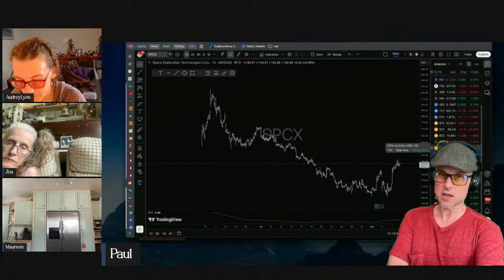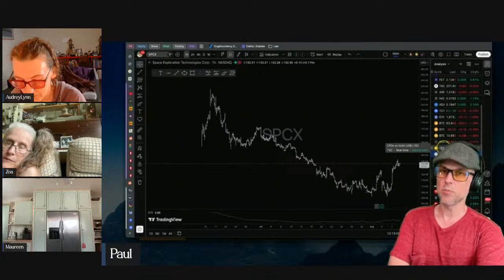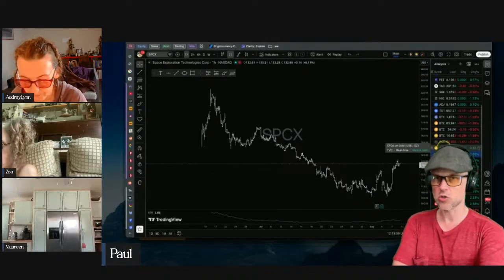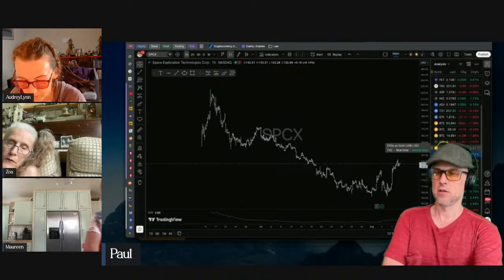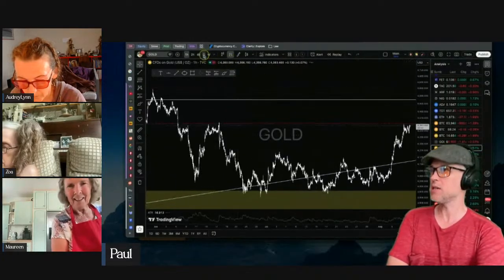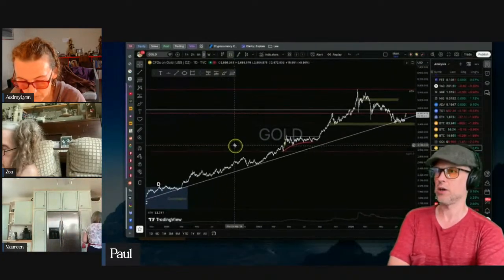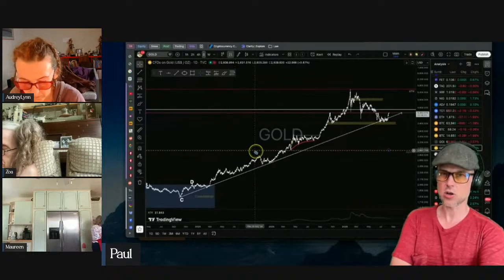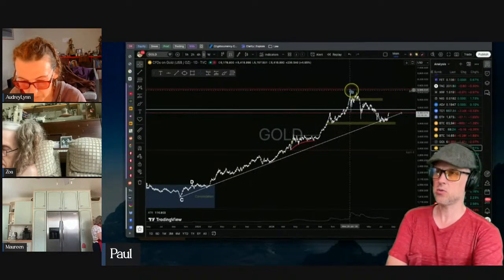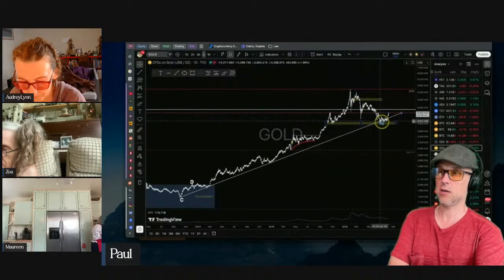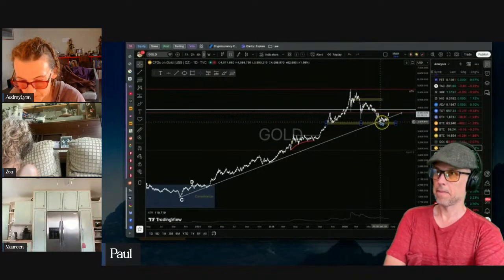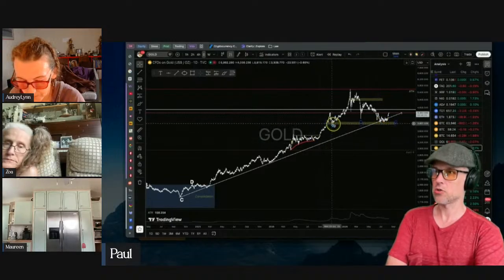So buying it right now, I would be going against the trend, and the trend is your friend. Whatever you see the trend being, here's the daily chart on gold. People say, oh, gold is down so much. It's like, no, it just came back and hit market structure. Look at that. Beautifully hit market structure.